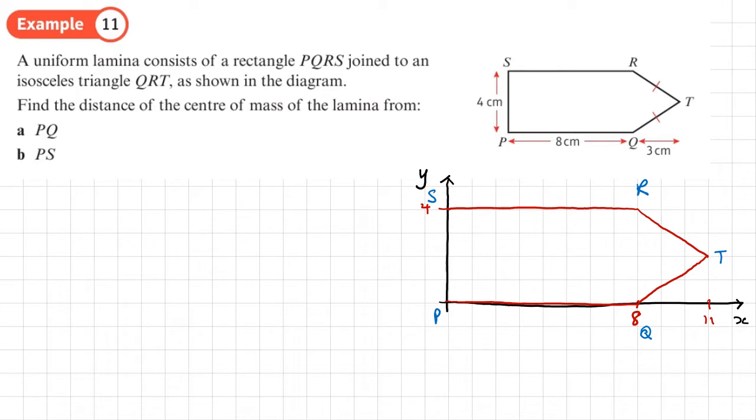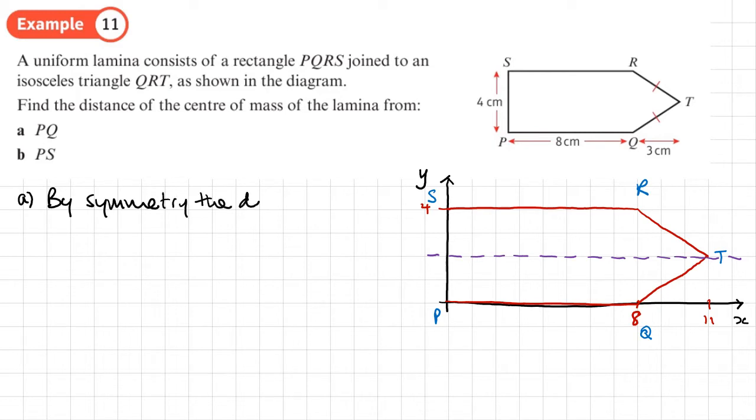Okay, so the first thing that I notice is that if I want to find the center of mass, this is actually symmetrical about this line here, y equals 2. So let me draw that line of symmetry in, and I can use that to find y bar, which is the center of mass in the y direction. So that is actually the distance of the center of mass from the line PQ, because PQ is on the x-axis. So I can write for part A that by symmetry, so I don't even need to do any working,